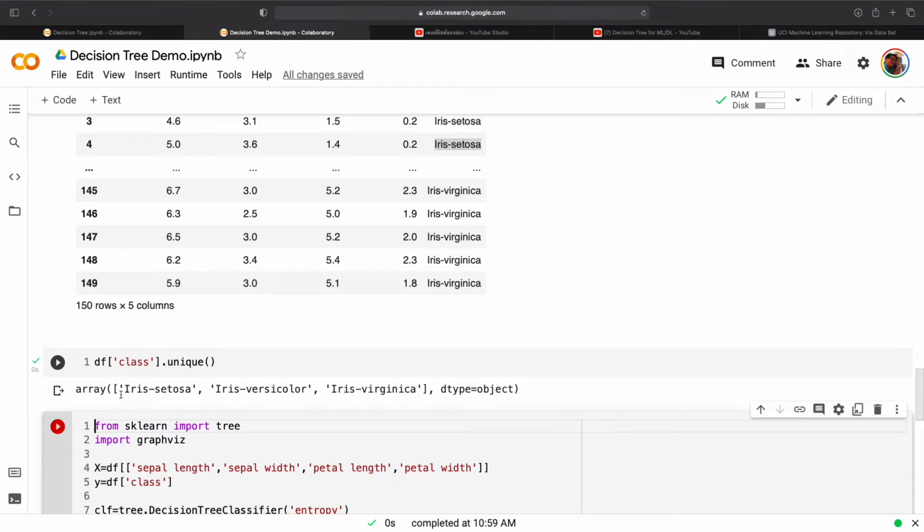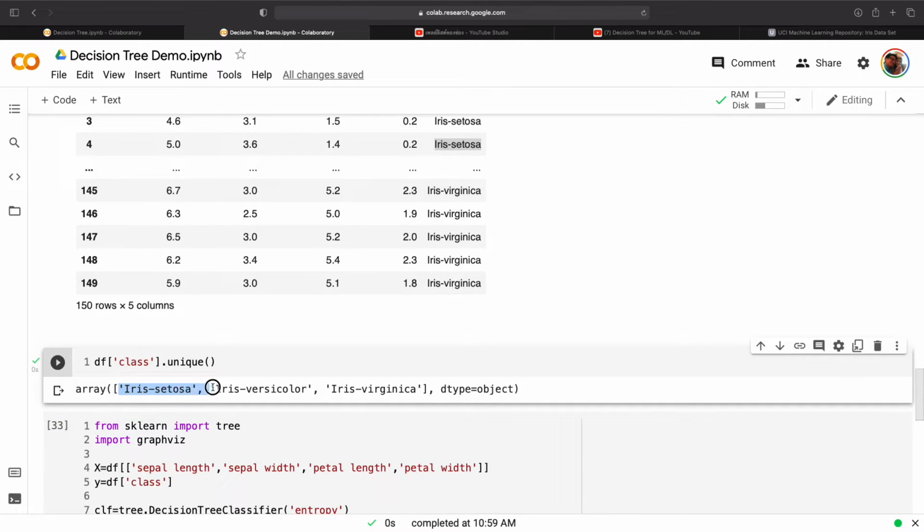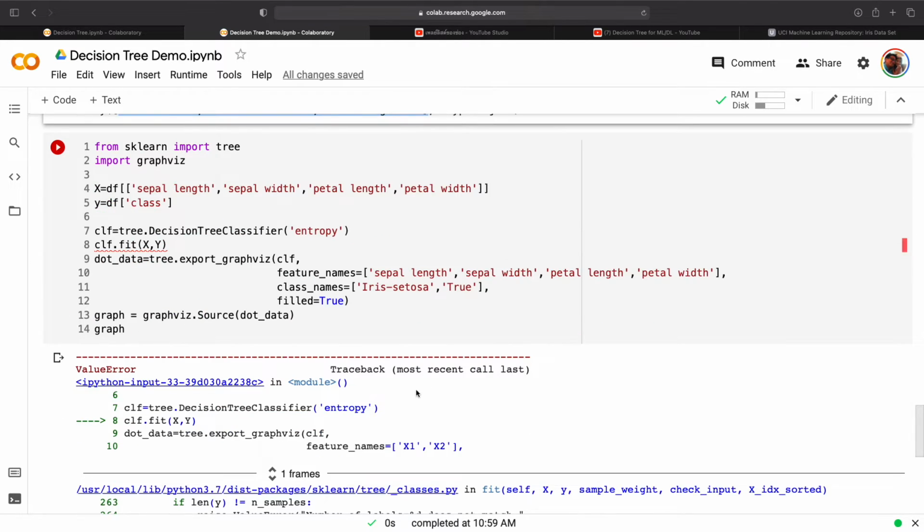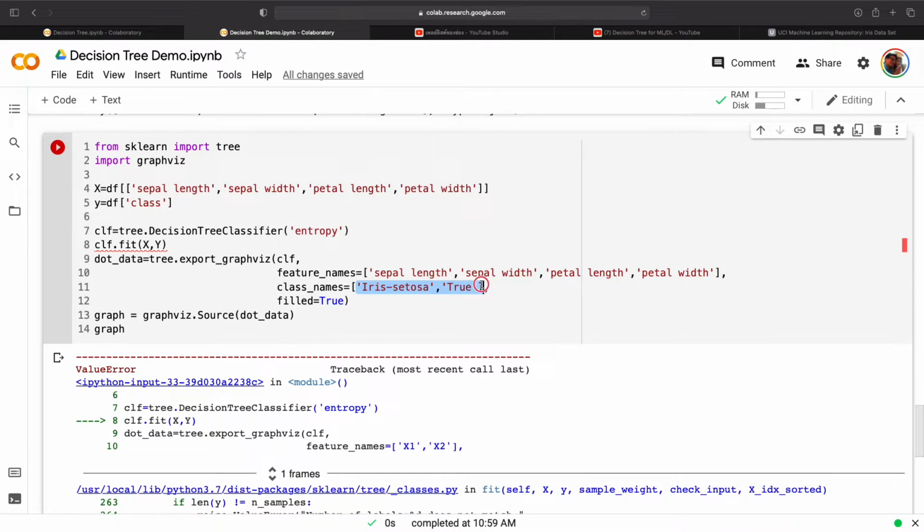So the class names will be iris setosa, iris versicolor, and iris virginica. So that's all. You can copy these names and place them here. So once you run it,